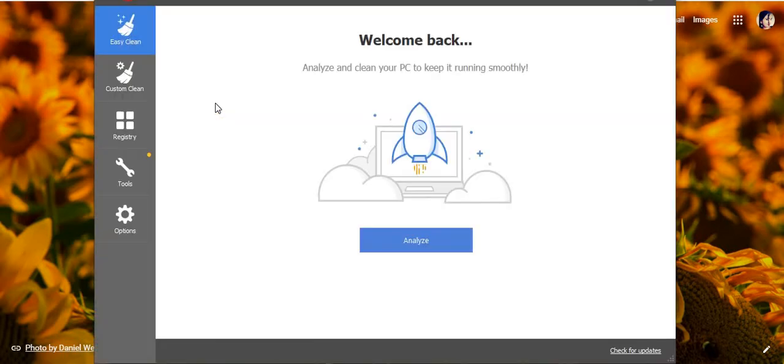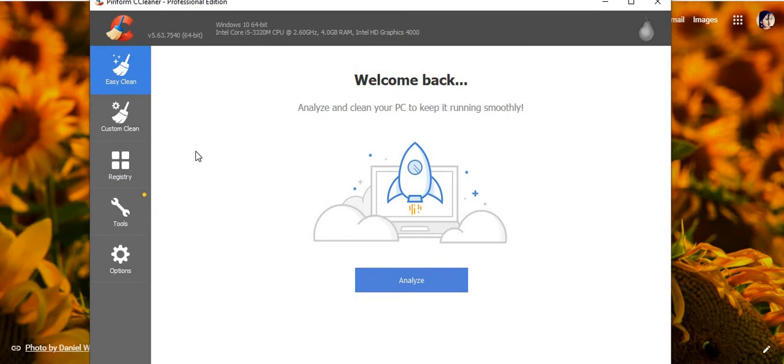So here it is. Here it came in. CCleaner is open now. With CCleaner you can tune up your computer. I will let you know about CCleaner in a different video. So this is how the Task Scheduler can perform a basic task. Like that, you can give it a set of instructions, and it will follow. So you can automate some kinds of tasks on your computer.